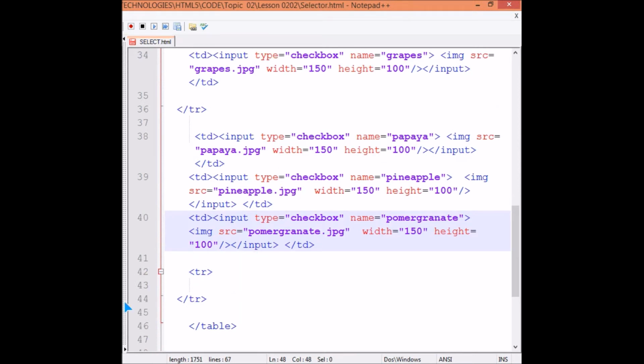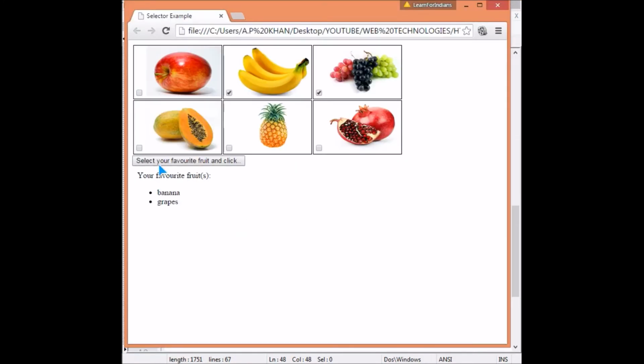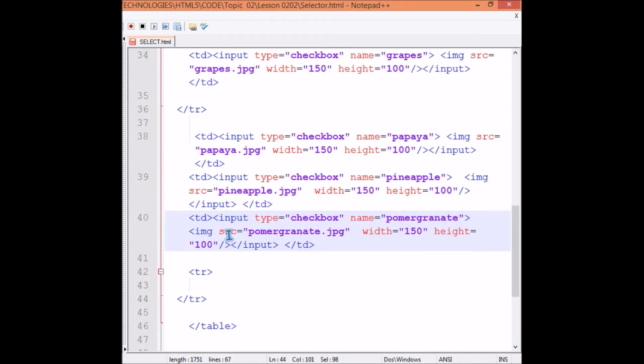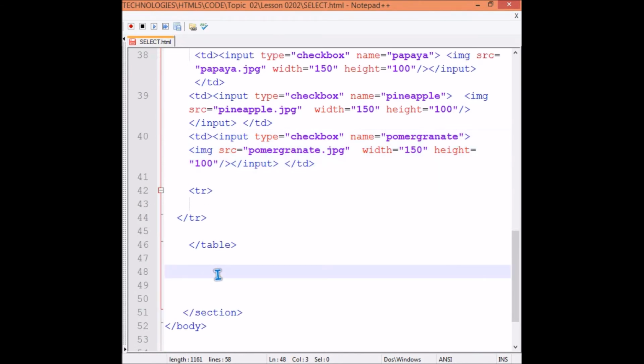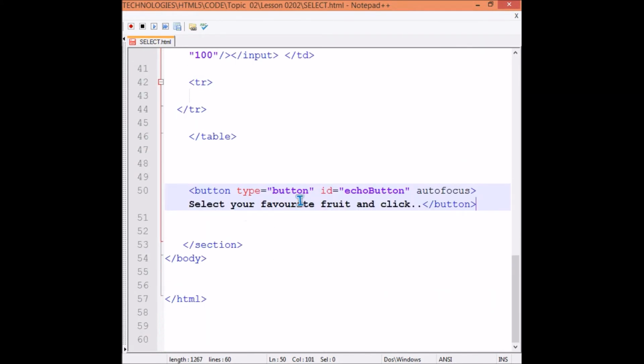Now I have to code something for this button, but this button, the code for this will contain a JavaScript. If I click it, I have to get some result. Let me make this button first. Button type and ID, and what we have to write in this button, this I have to give also. Okay, so after table we are going to give this button type is equal to button, and then ID is equal to echo button, autofocus, select, this is the content which is going to be shown on this button,